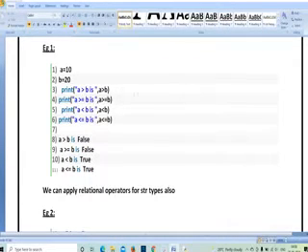So now let us see with an example here. Here I have taken a is equal to 10, b is equal to 20. Here I am performing operations like a greater than b, a greater than or equal to b, a less than b, a less than or equal to b. So a greater than b. a is not greater than b. So the condition is wrong. So I got the output as false. You can see in line number 8.